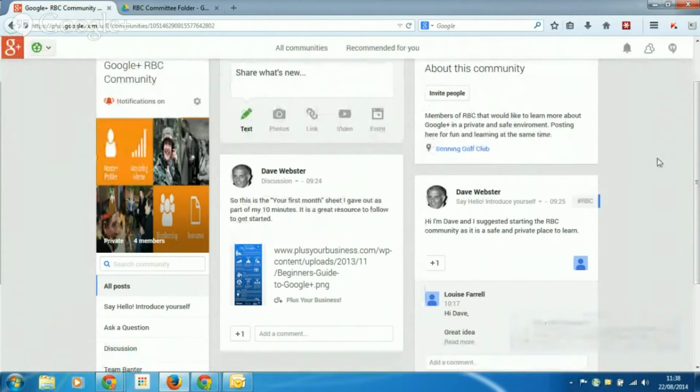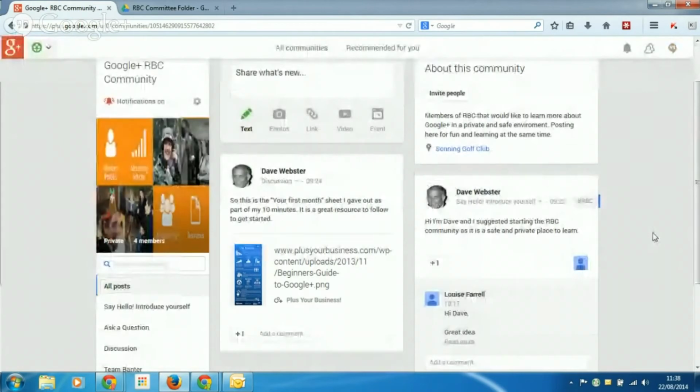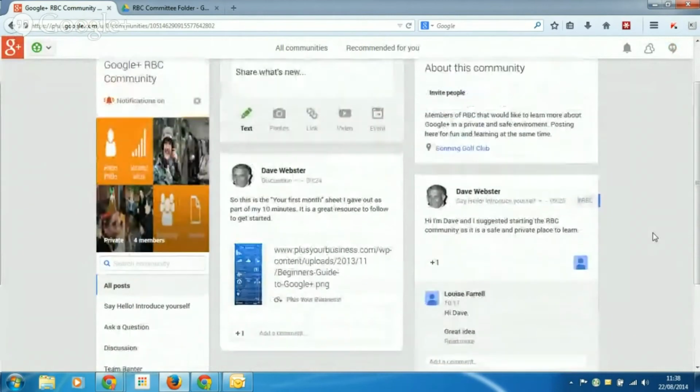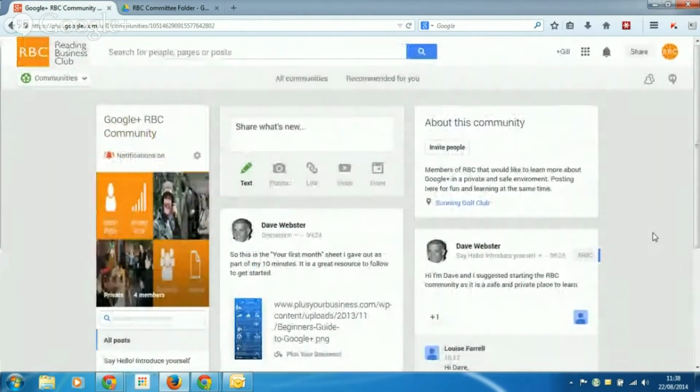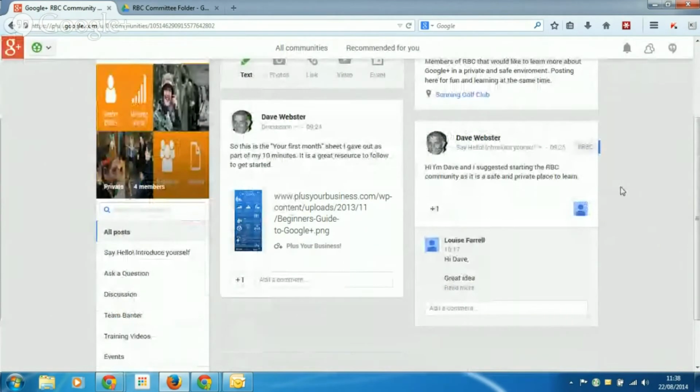we've set this community up so that a group of people can post information to a private location and not feel afraid about posting things or making mistakes. This is like a safe environment for people to learn. So you have to be invited to a private community, and you can invite people by pressing this button here. I've also done a short introduction so the people that join the community know what it's all about. And I've also posted a couple of things already, and I will show you how to post to a community